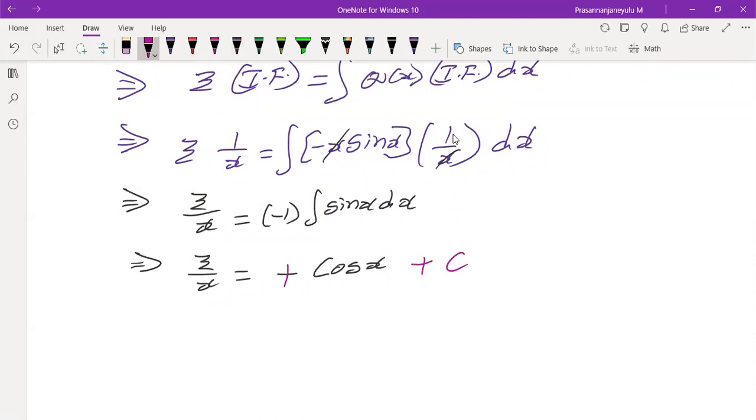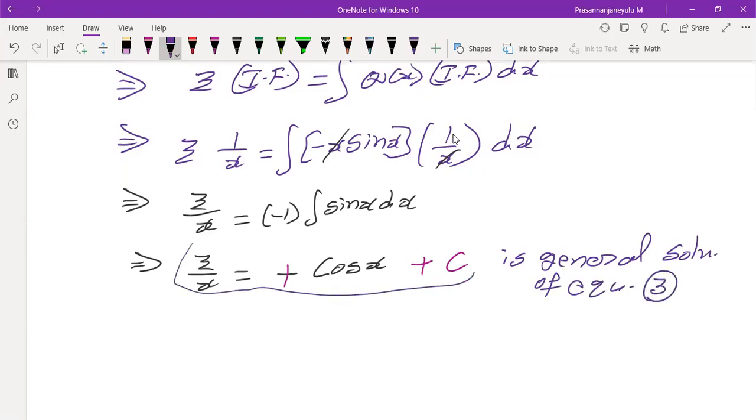Just for understanding purposes, I used two different colors for the plus sign in the right hand side first term. Actually, one minus is in black, which already existed. Integration of sine x is minus cos x, which I marked with the vertical line. So this is the general solution of which equation? Equation 3, not 1.